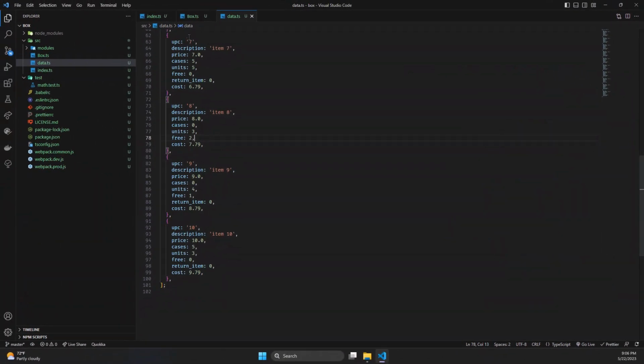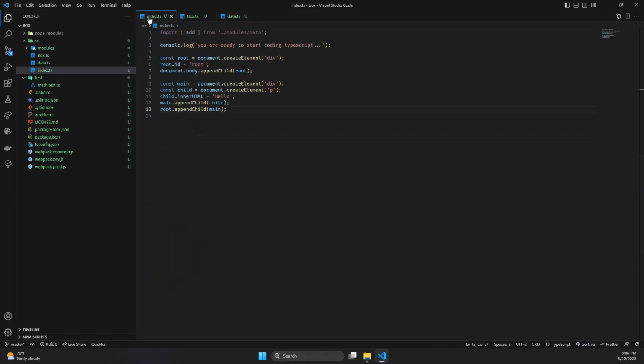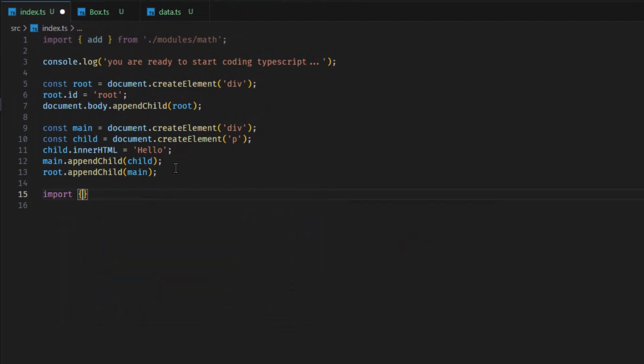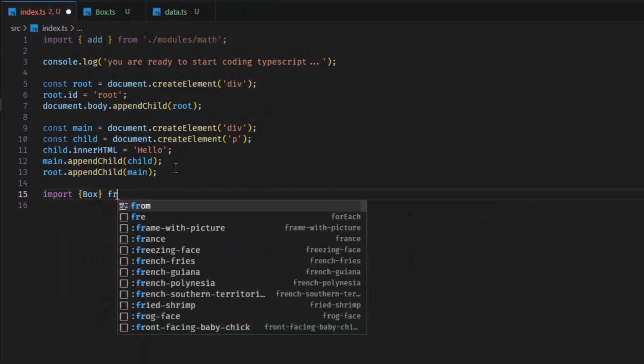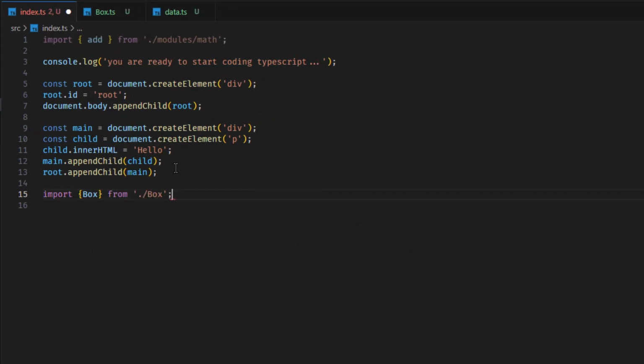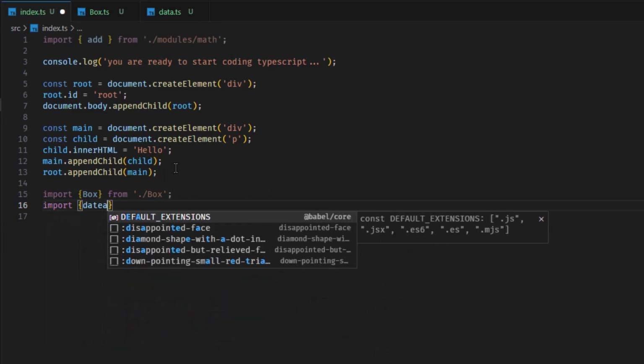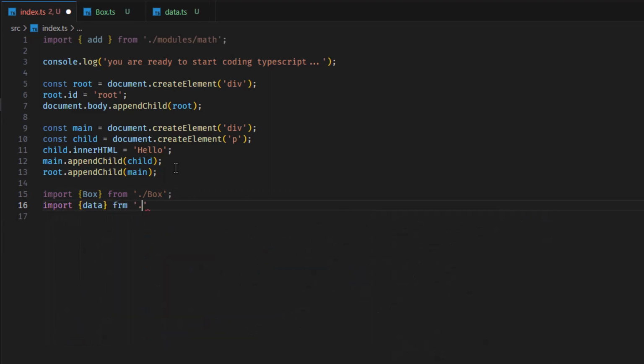To utilize the box, we're going to go to our index.ts, and we're going to import the box from the box and import our data from our data. Now typically, let's say we're working on the total screen after they received all the items,